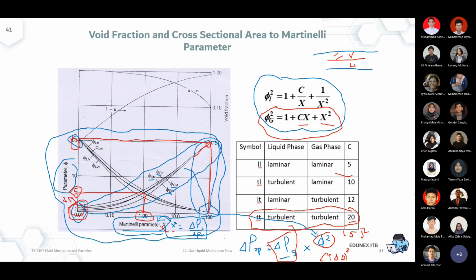Once you put that into the empirical equation that links the gas modulus with the Lockhart-Martinelli modulus, the two-phase modulus will be the largest one, maybe in the order of 100, similar to what is shown in the left picture. So this is the last step of the Lockhart-Martinelli equation. Once you know phi, the two-phase correction factor, then you can calculate the delta P. Any questions?